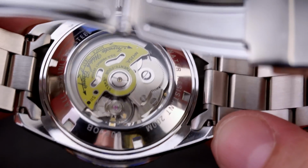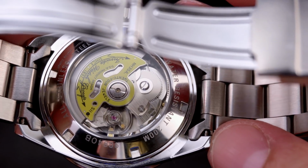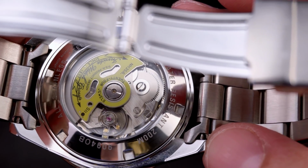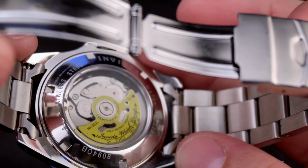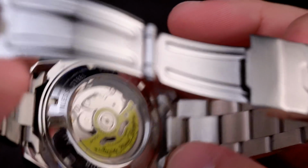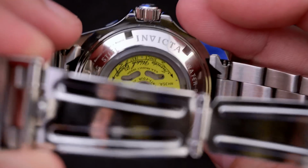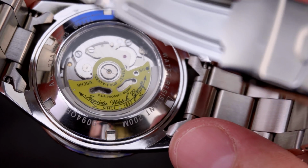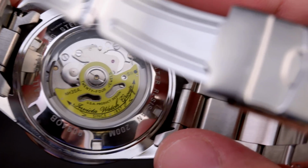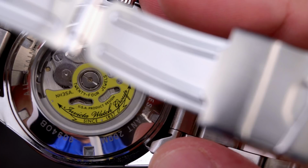And there is the display back with all the movement, the escapement wheel just chugging away. Look at that. It is a pretty cool thing to look at when you're not wearing your watch. That yellowy rotor though is, in my opinion, pretty ugly. I don't like that yellowy rotor. It's all signed, and it's got all kinds of words on it, making it look